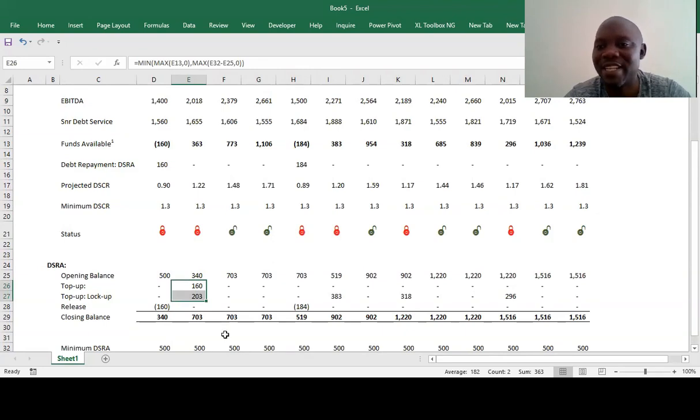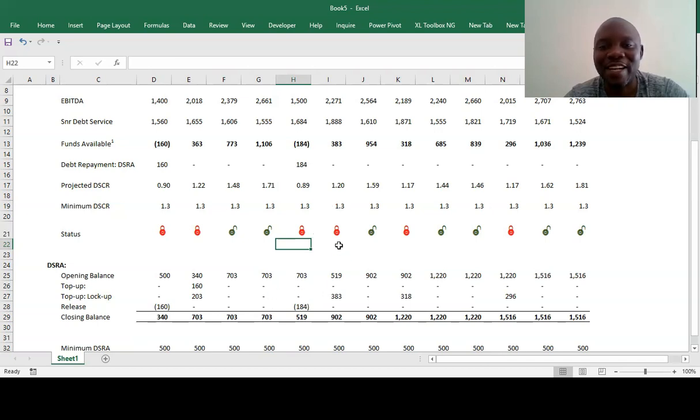It goes to 700. Because the rule is that when you have a debt service cover ratio that is less than the minimum, then there will be a lockdown, or what they call a lockup. So in each area, like here we have a lockup, but because there are no funds, you have to release from there, you have no option.